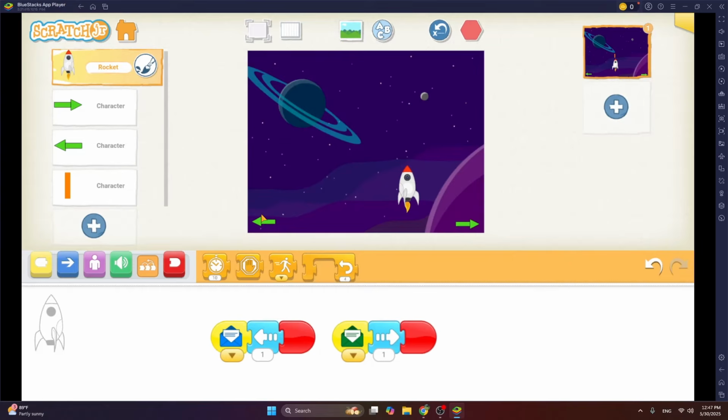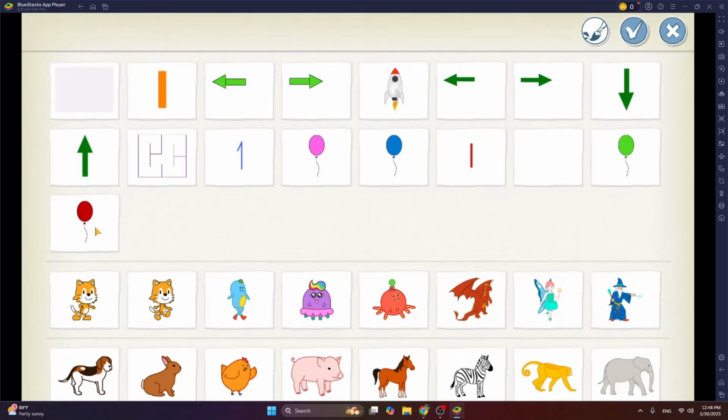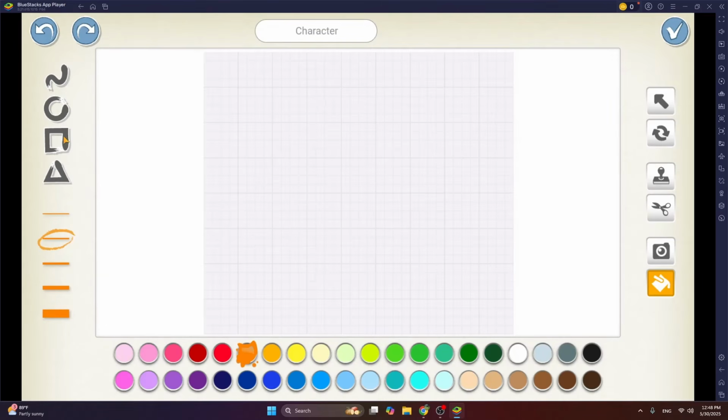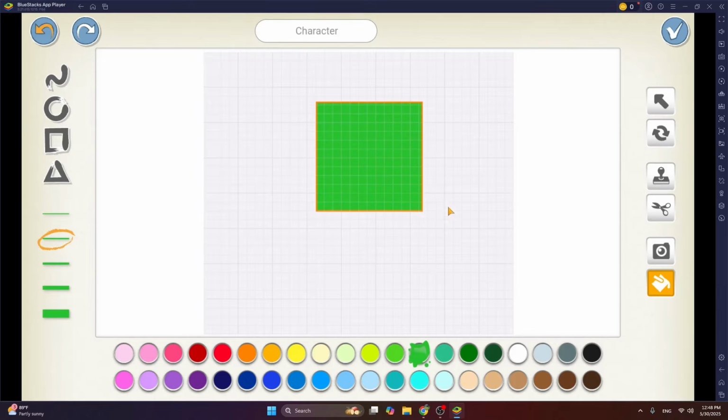Now we come to the cool part, that is we are going to draw some aliens. Click on plus, then click on paintbrush and draw a square. So let's make the alien green. And then tap on the paint bucket and then bring it here. And I am going to draw some black eyes. So I'm going to choose black here, then the circle button, another circle button here, bucket, here,